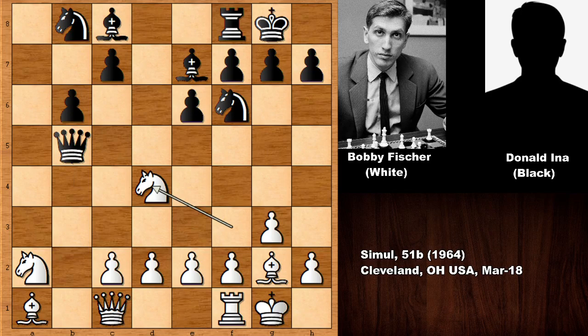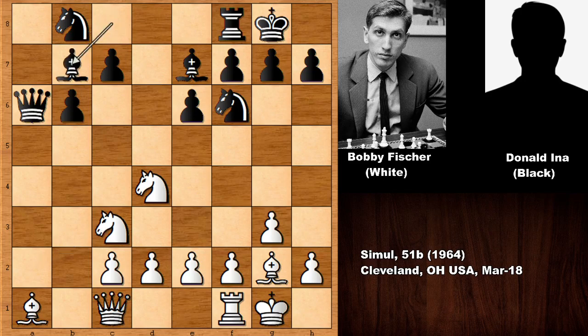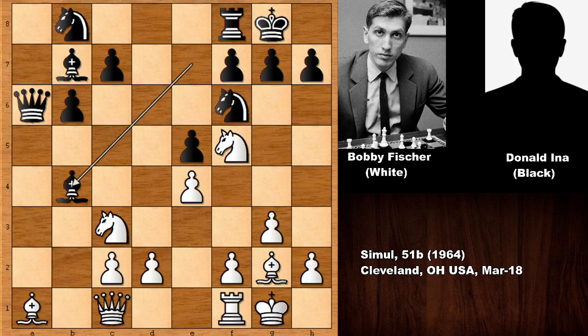The material is equal, and on the surface it looks like black is doing fine against Fischer as an amateur chess player. So queen goes back, knight to c3, but black still hasn't developed his bishop and the knight. Bishop to b7, Bobby Fischer pushed the pawn, e5 attacking the bishop, and then knight to d5 attacking the bishop and also the c-pawn. Knight takes on d5,